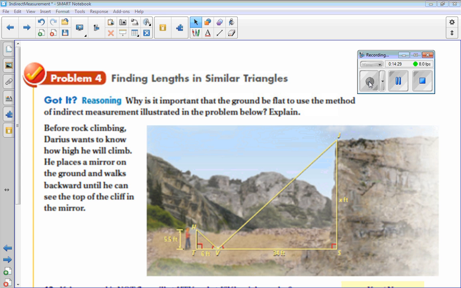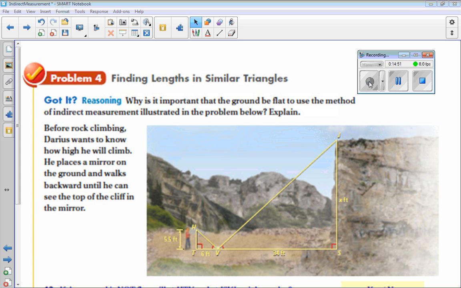Anyway, this is a person, Darius, down here, and he's trying to figure out how high this rock is that he wants to climb. And so the picture shows 2 triangles. And there's a mirror on the ground. And we call that the angle of incidence versus the angle of reflection. You may or may not have heard that in